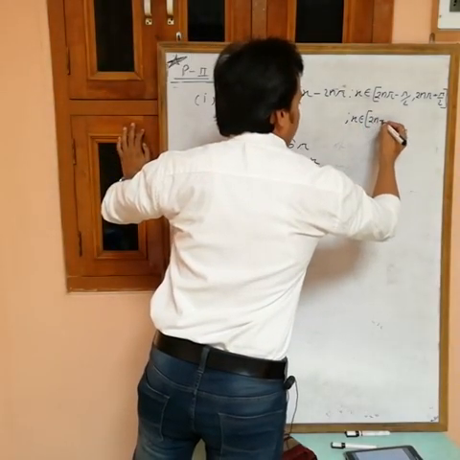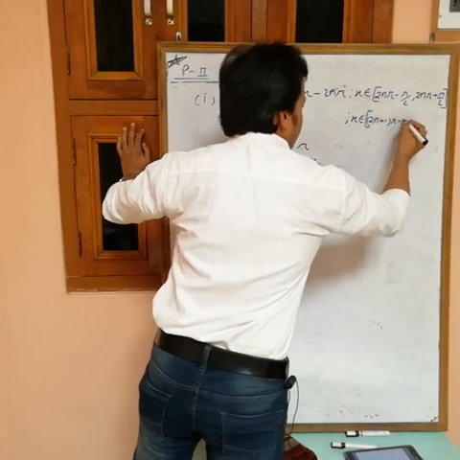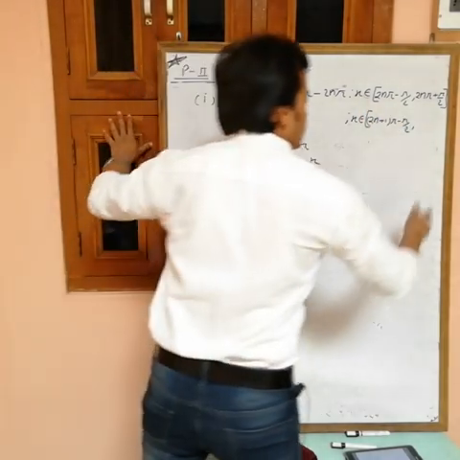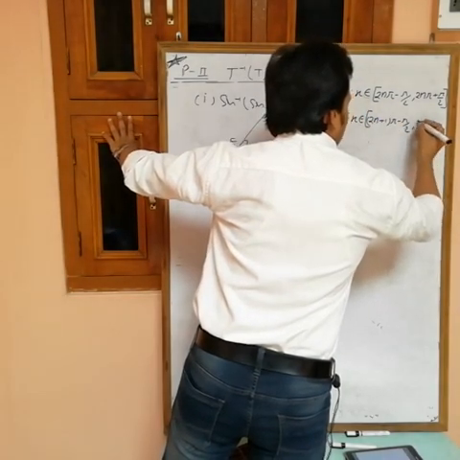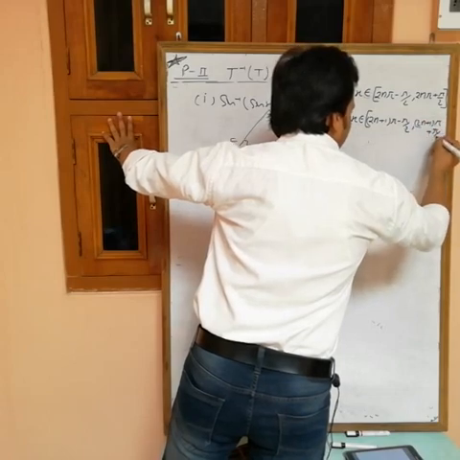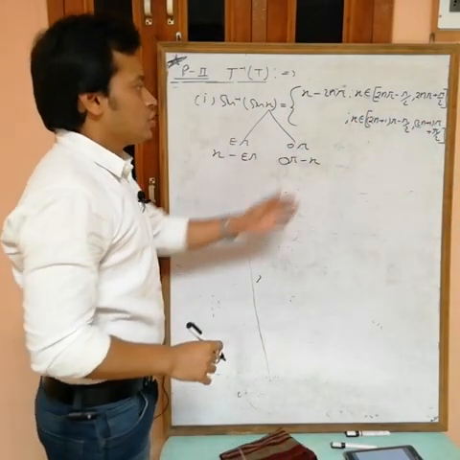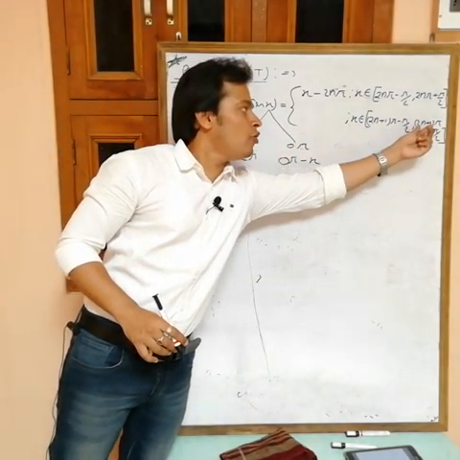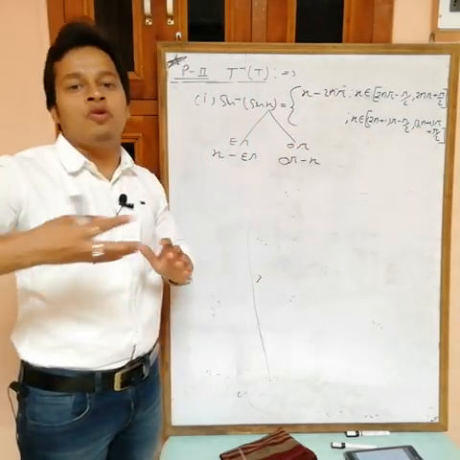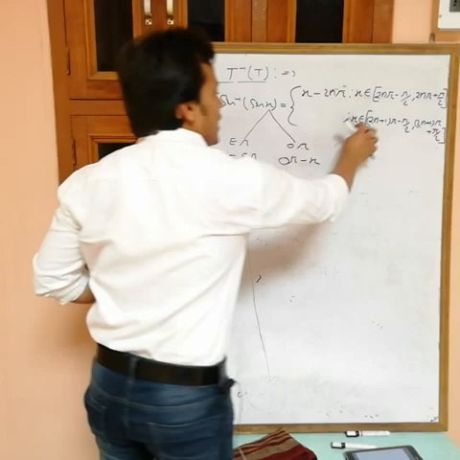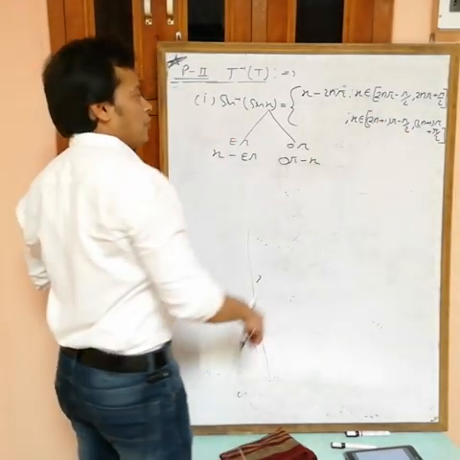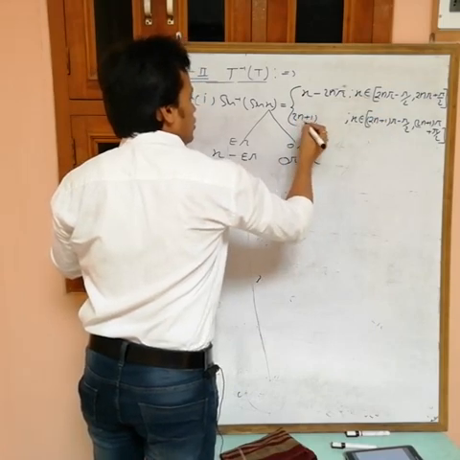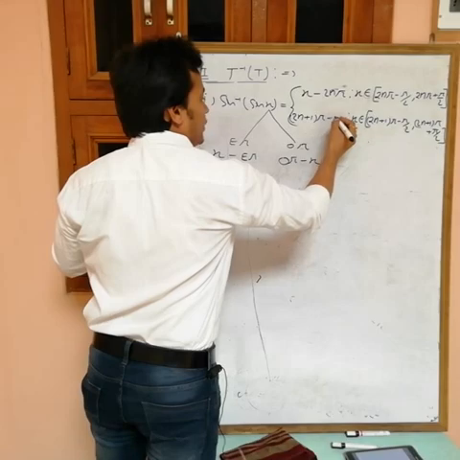So (2n plus 1) pi minus pi by 2, odd multiple of pi minus pi by 2, to (2n plus 1) pi plus pi by 2. So this is the odd multiple of pi. So odd multiple of pi minus pi by 2 to that odd multiple of pi plus pi by 2 means near to an odd multiple of pi. If x lies in this range, it means near to an odd multiple of pi, then the answer is that odd multiple of pi, (2n plus 1) pi minus x.